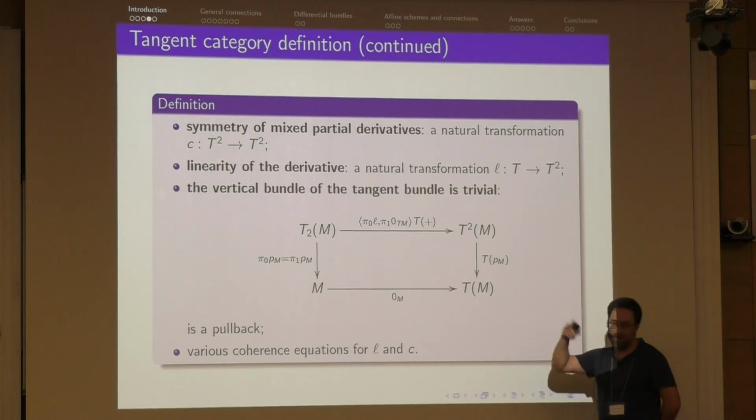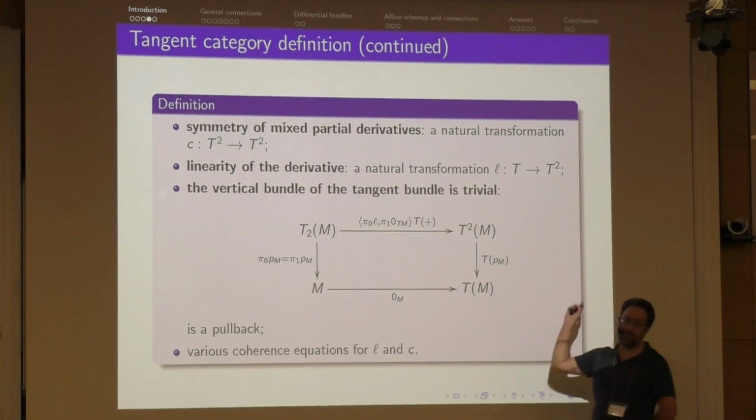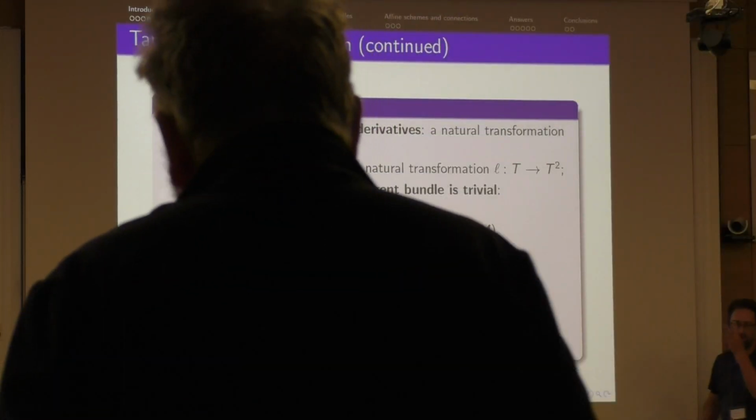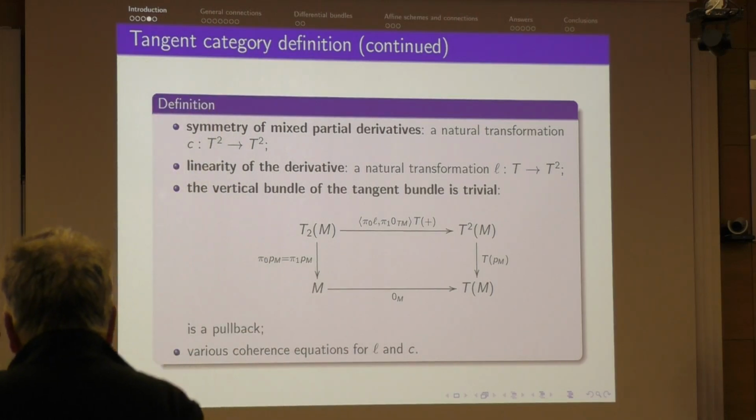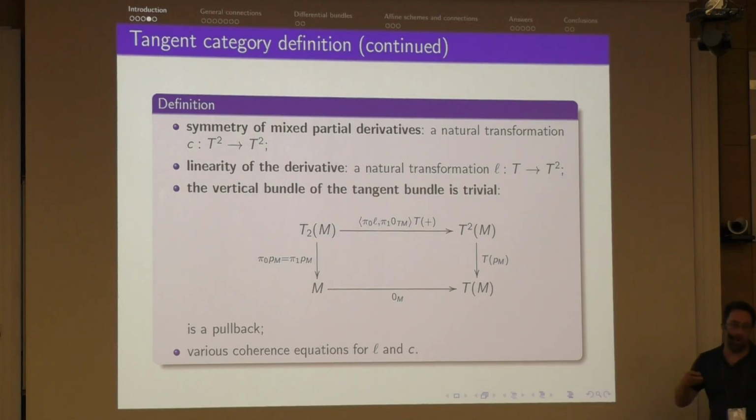So because it's an endofunctor, you can apply it twice, right? You get T squared. And it turns out that in smooth manifolds, there's a natural translation of T squared to T squared. It's not the identity. Locally, it flips a couple of coordinates. And the interesting thing is, if you look at the naturality of that thing, the naturality is exactly symmetry of mixed partial derivatives. T squared f dy dx and T squared f dx dy. So you can represent categorically a really important property of derivatives by a natural transformation from T squared to T squared.